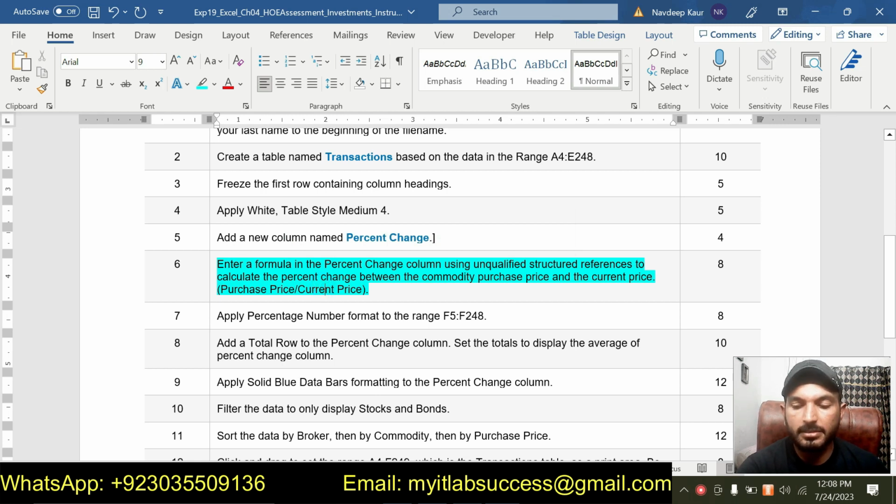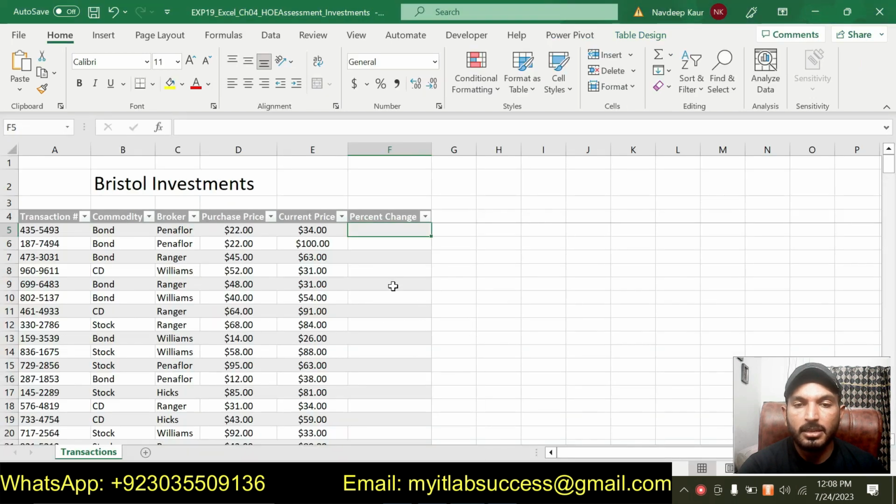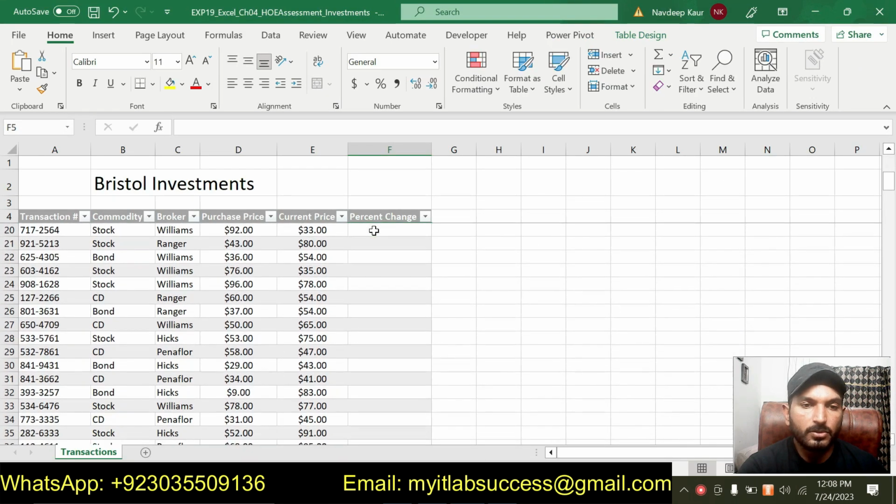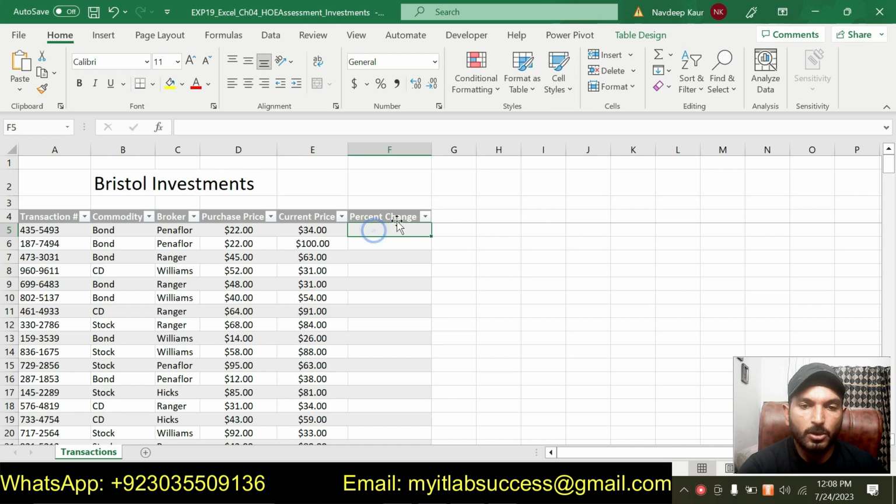Step number 6 is enter a formula in percent change column using unqualified structure references to calculate the percent change between the commodity purchase price and the current price. So basically we are supposed to calculate the percent change. The new column that we have just created, we are supposed to calculate the values for this percent change column,